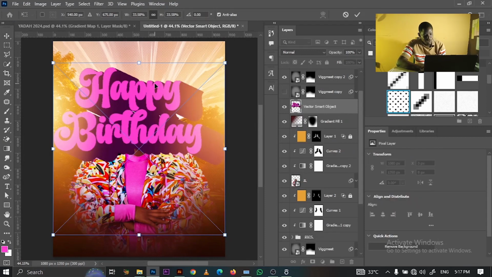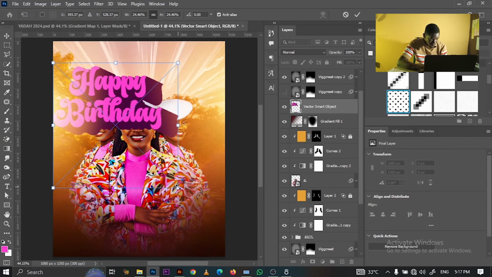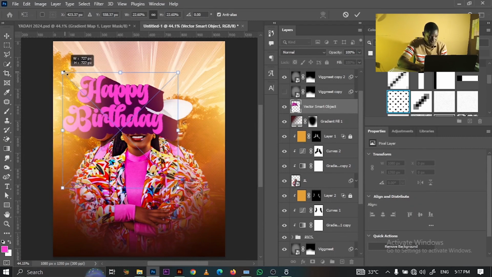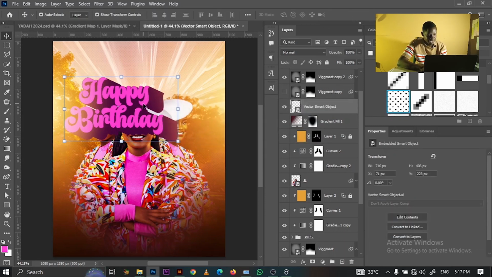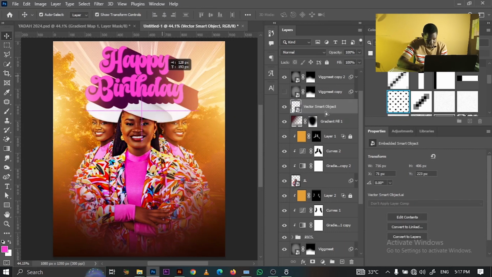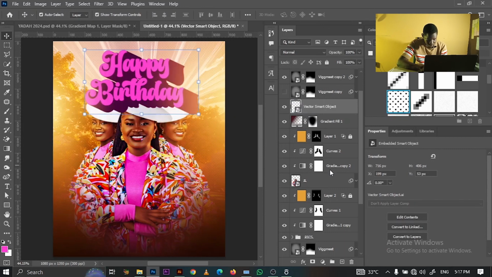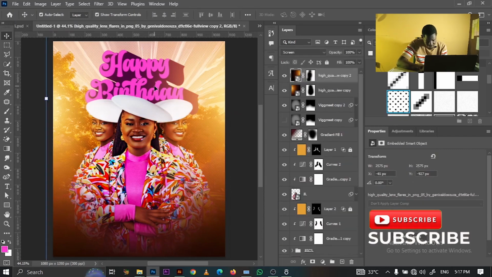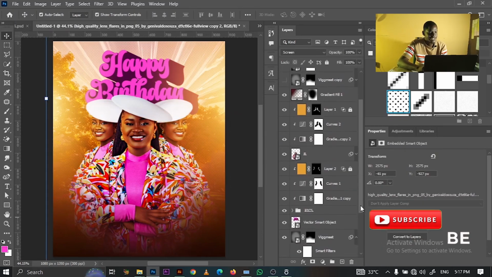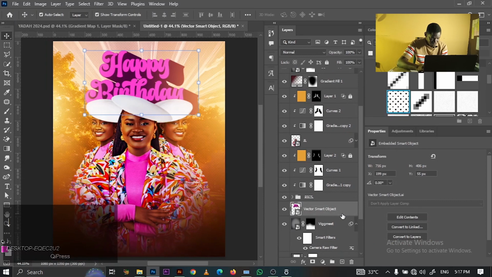We'll drag into Photoshop. I'm going to reduce the size like so. I think it's okay like this. Then click on OK. Then we're going to take this below the images here. I'll take it below our images here. All right, and here we have this below our images. Then we are going to